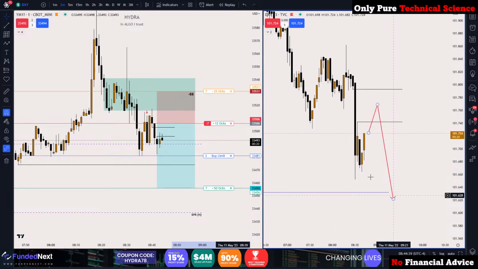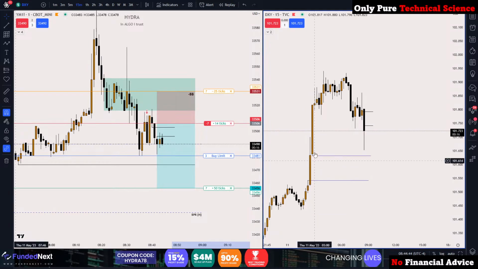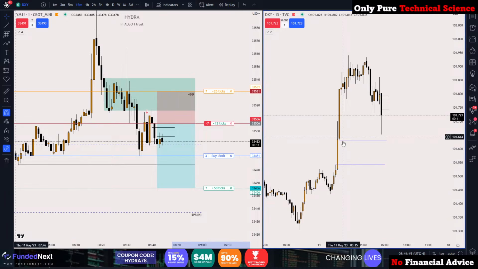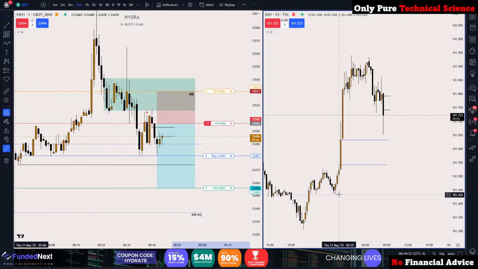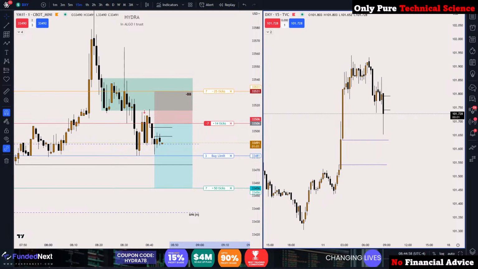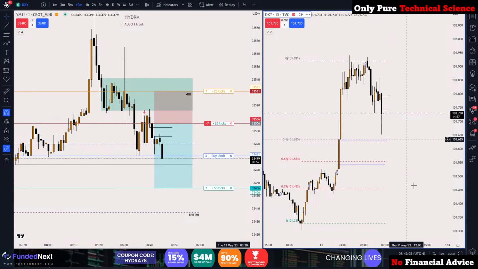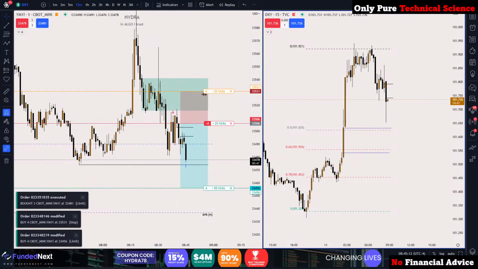This 50-minute fair value gap is very much possible for a drop, and it comes into discount, okay? This will be here on dollar, this will be an optimal trade entry. I do see relative equal lows down here, but from this low to this high, if I measure it, let's see where the optimal trade entry comes in. You can see that the optimal trade entry is coming inside this fair value gap. Okay, so I'm expecting to see a run on here, and on Dow price just gave us a partial,